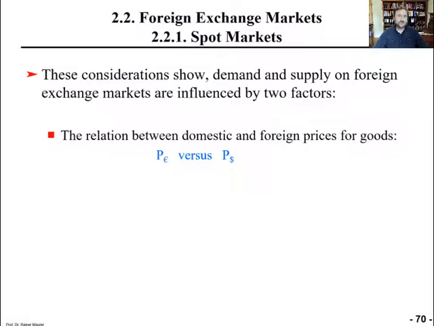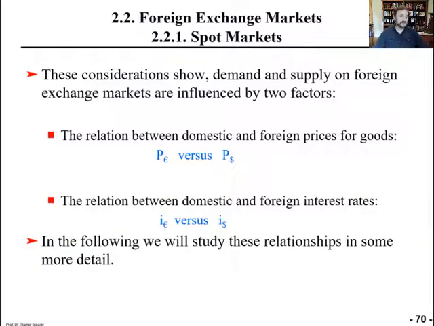These considerations show demand and supply on foreign exchange markets are influenced by two important factors: the relation between domestic and foreign prices for goods, for example, the euro price for goods or a bundle of goods, versus the dollar price for the same good or the same bundle of goods,